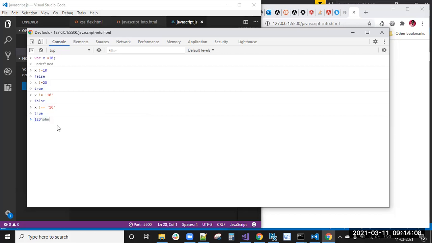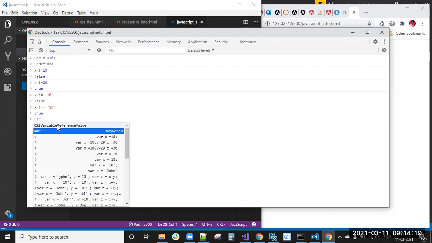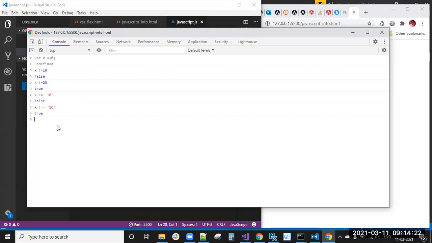Also, JavaScript has predefined keywords and operators. With operators also you shouldn't start a name, like plus string, plus, minus, star, and then a name.